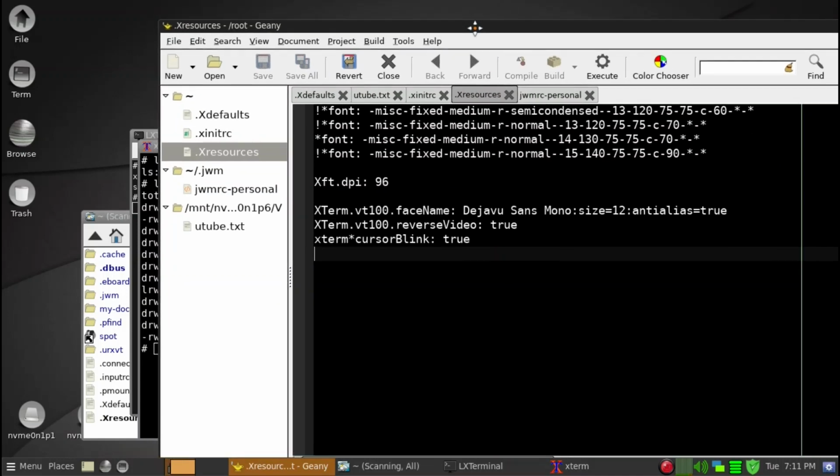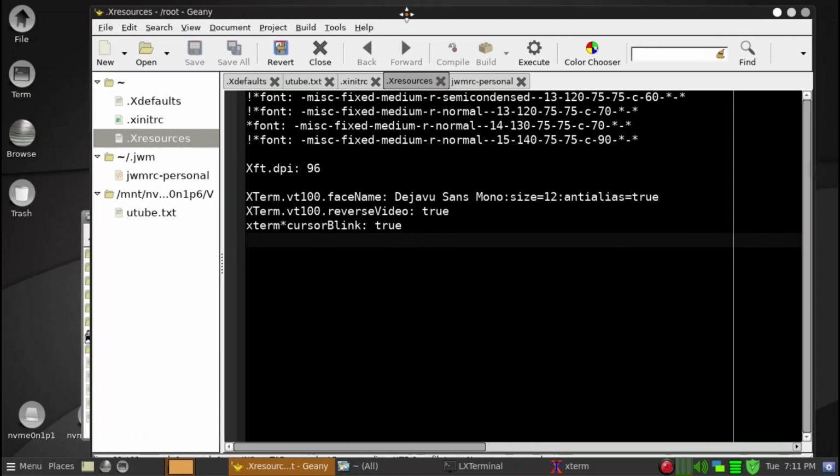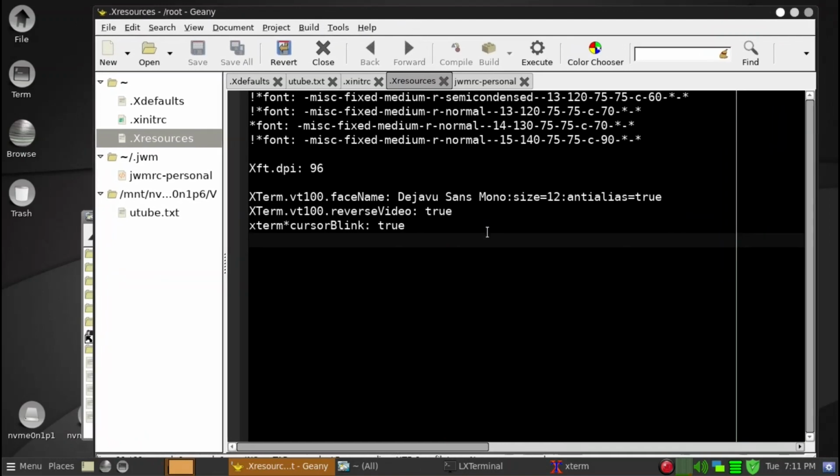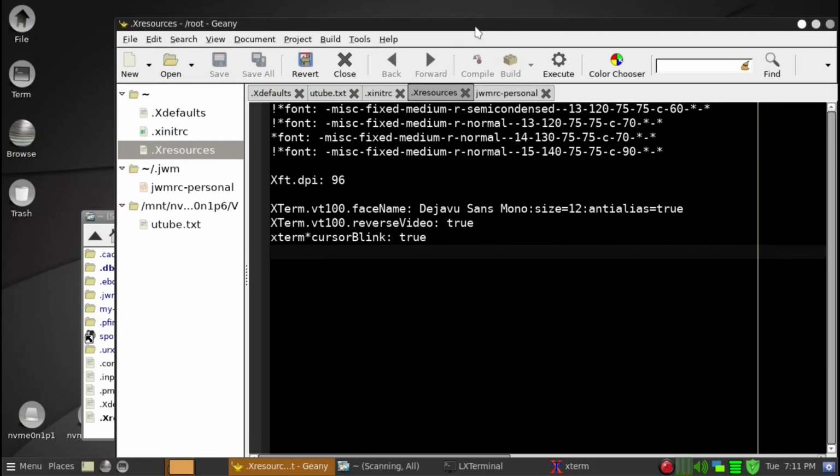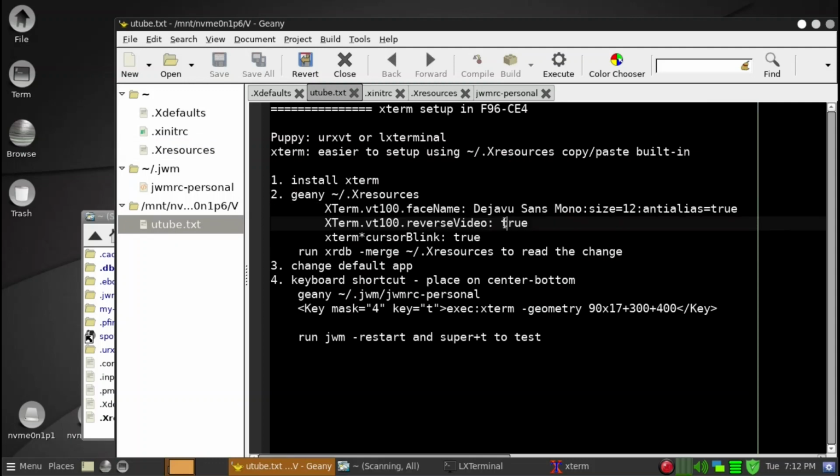And I think there is a way to get transparency and further modification, but just to get a basic, quick, very fast, low resource driven terminal emulator, xterm may be worthwhile to explore and see if it serves your purpose. And the next thing I will go ahead and briefly discuss is